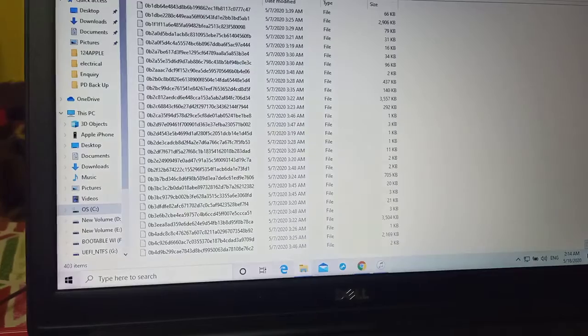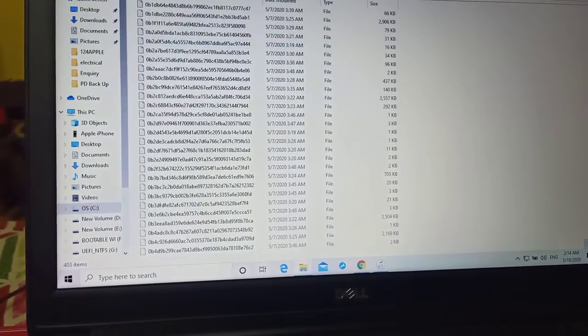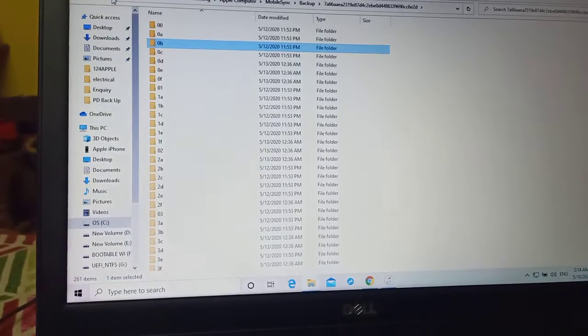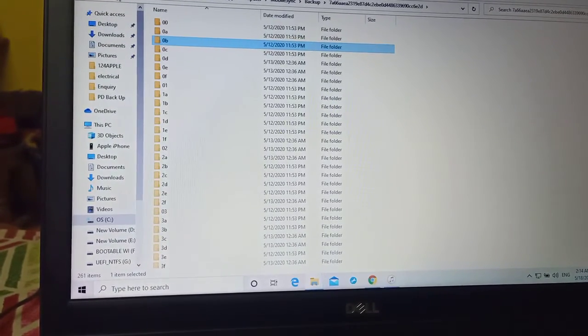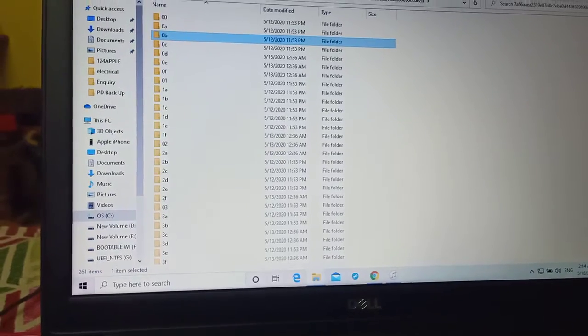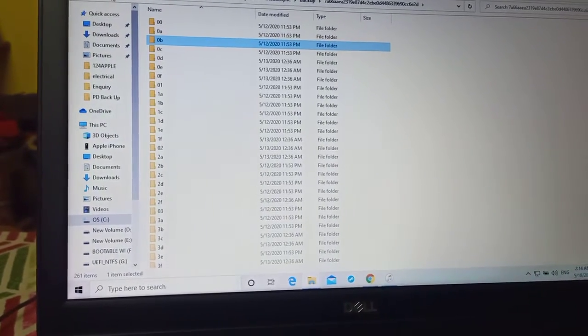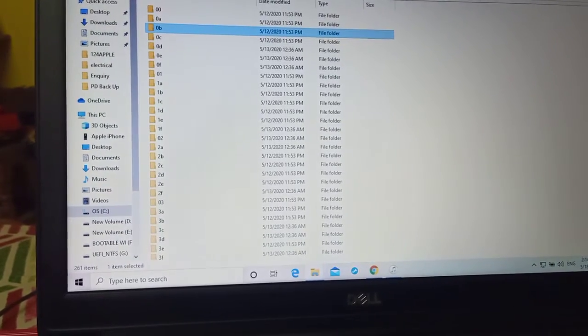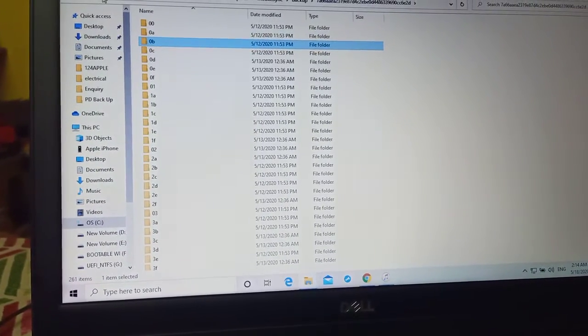This is a backup. In case some problem happens in your iPhone software, or you are not able to get your data, in that case you can transfer your backup from your laptop to the mobile.